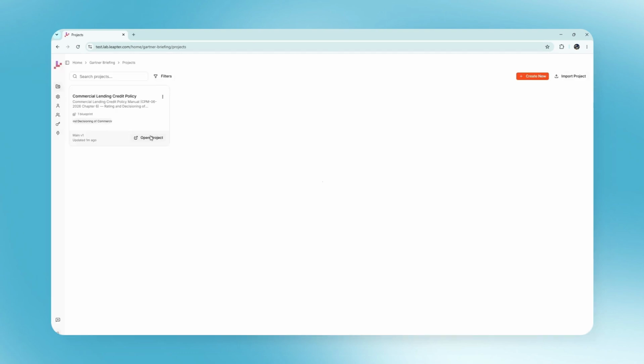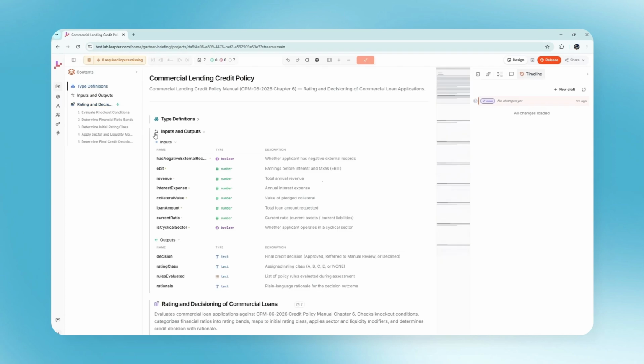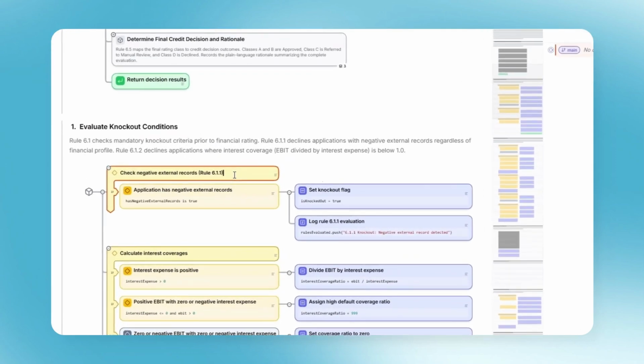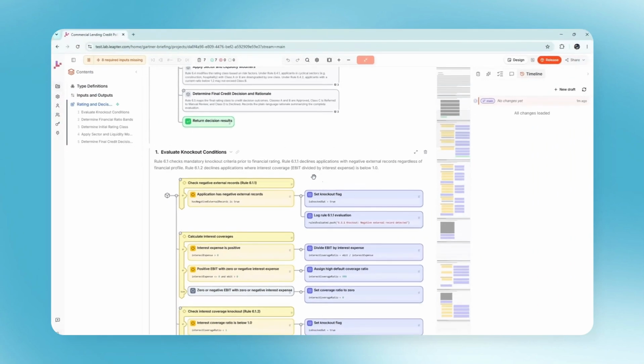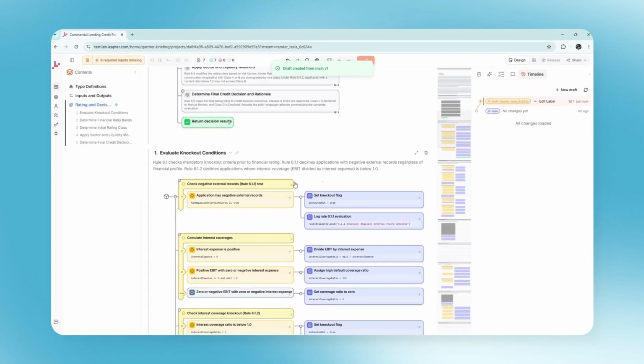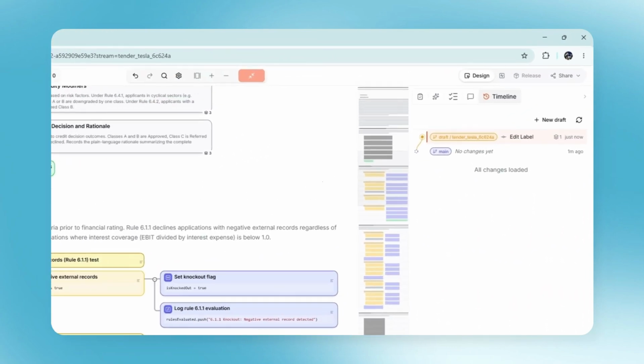Now it's time to make a change. Right now, I'm on main. The version production is running. I make a random change. That causes the tool to create a draft version. Every edit I make is captured in this stream's timeline, tracked one by one from the very first change. At this point, I'm working in my own stream.